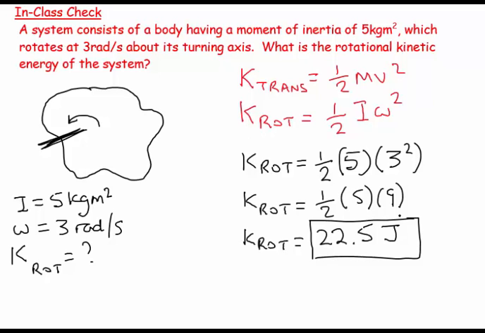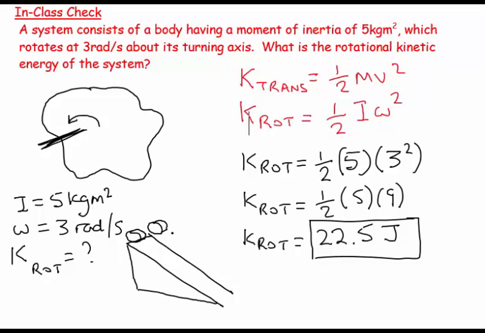So for example, if I have an object that can slide down a smooth surface without rolling, and I compare it with the same object that rolls down the surface without slipping, then whatever energy I give to the objects at the top of the ramp